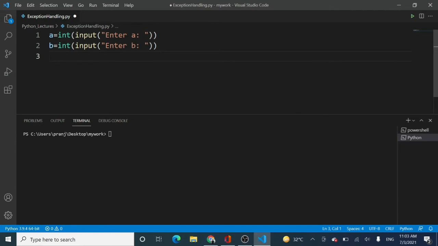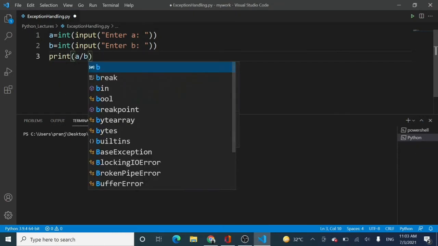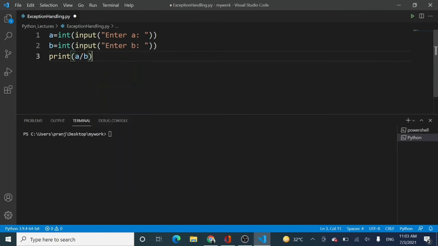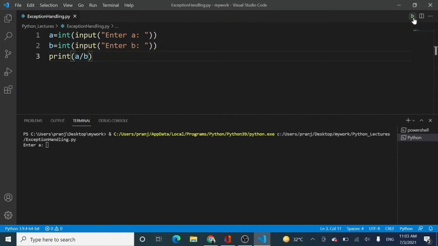We can see as a developer that we are asking the user to enter certain integers. Now the next thing we are going to do is to divide a by b, calculating the division operation between these two operands. Now I'm running the code. You can see that enter a has now been prompted on your terminal. That means the program is working fine. It does not have any compile time error. Now let the number a be 10, it's very fine. Let the number b be 1.